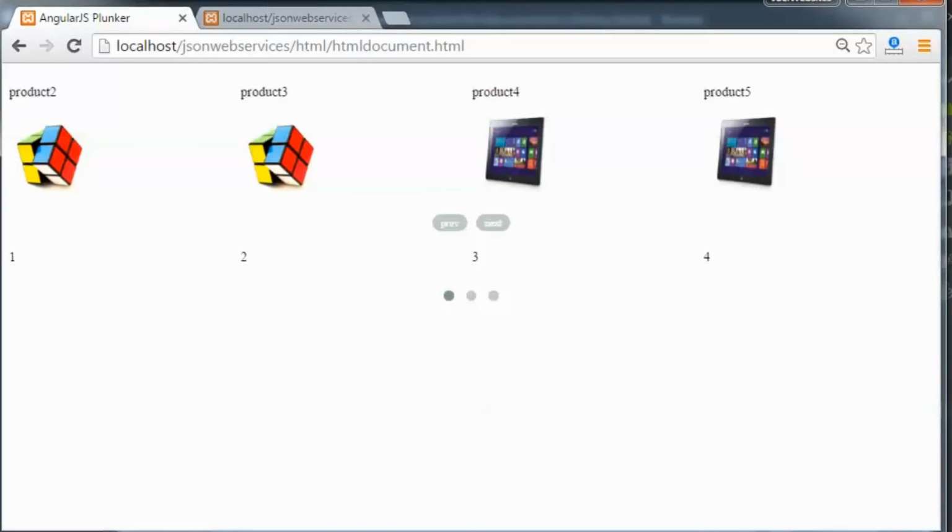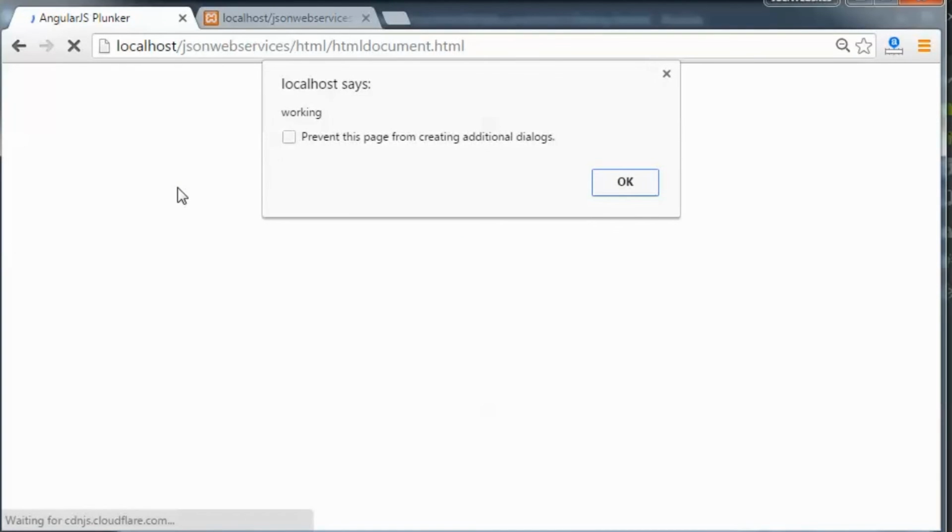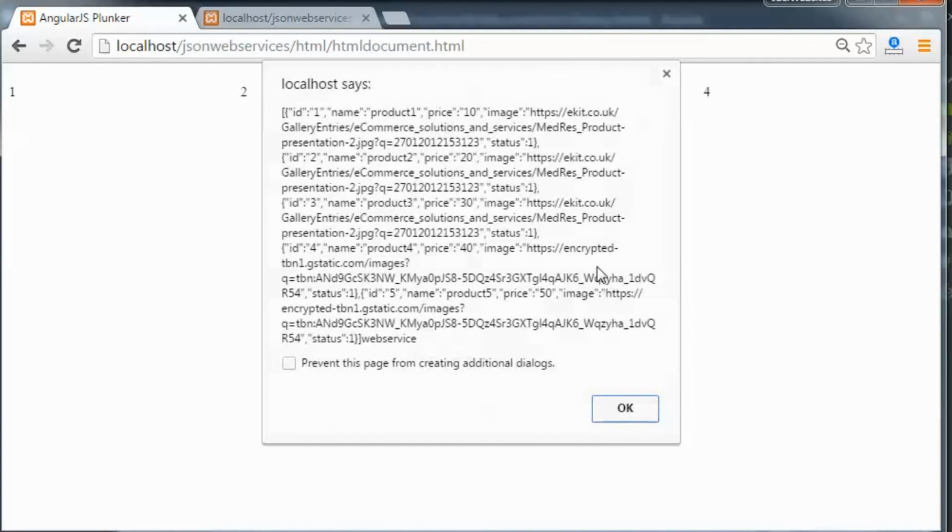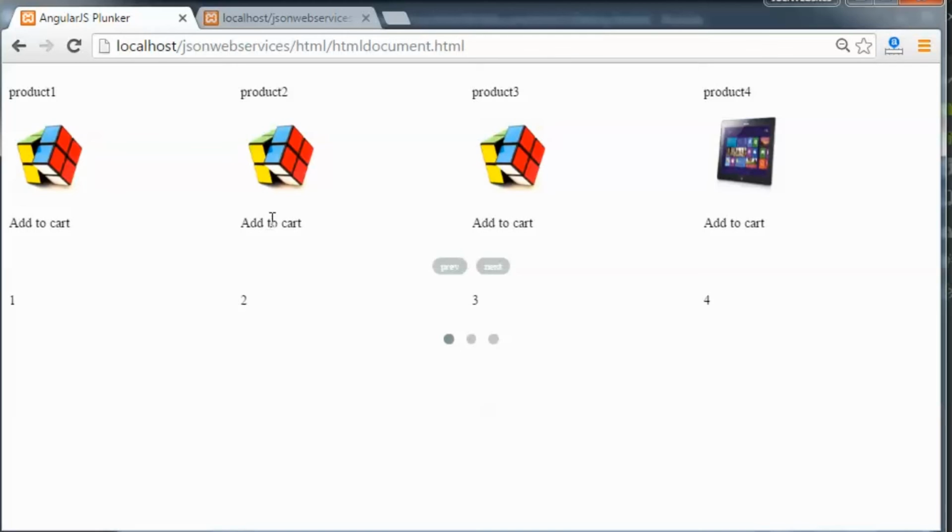Let me refresh and show you. You can put in buttons over here in a similar fashion. This is really cool, and you can use this for your mobile apps and so on.